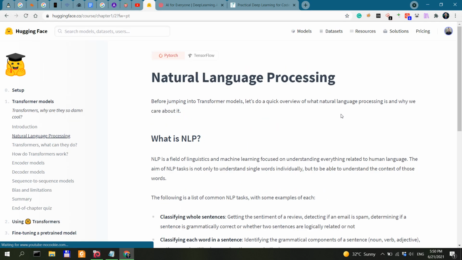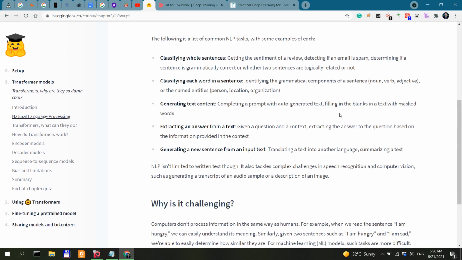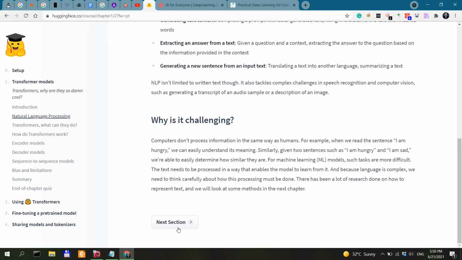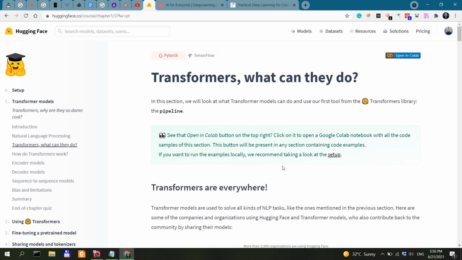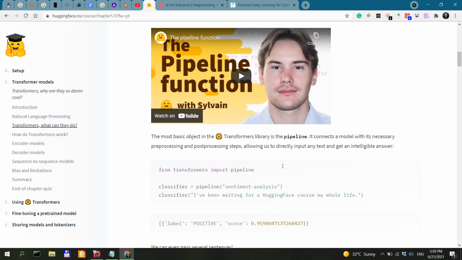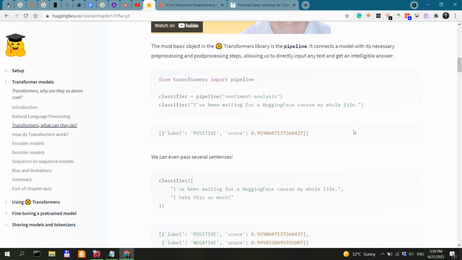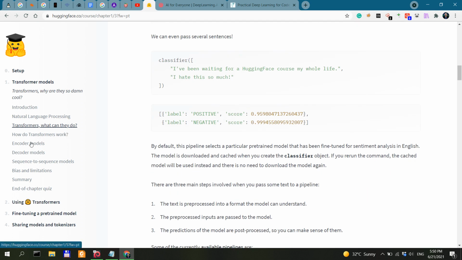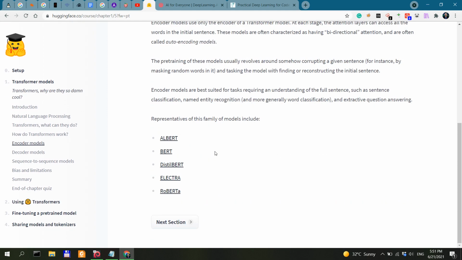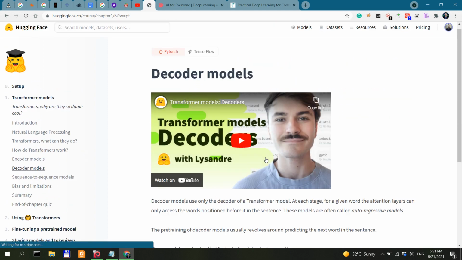Next section. So you have Introduction to Natural Language Processing, Transformers, of course, and you also have the YouTube playlist. So they have a YouTube playlist. Transformers, how do they work? Encoder models, decoder models.